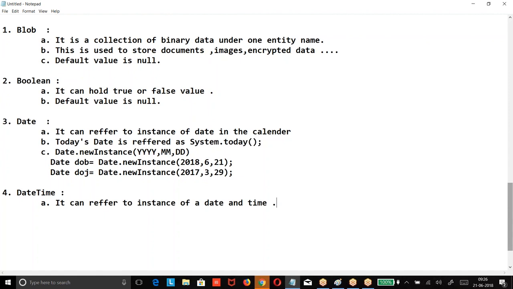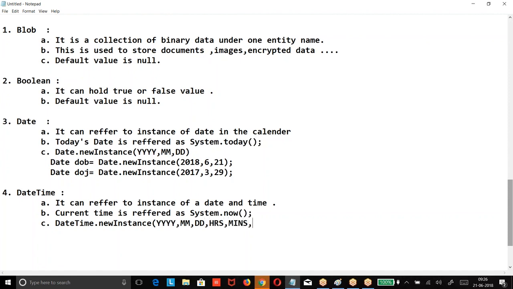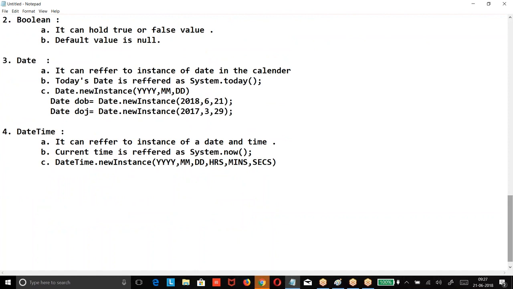The current time is referred to as System.now. Datetime.newInstance of year, month, day, hours, minutes, seconds.